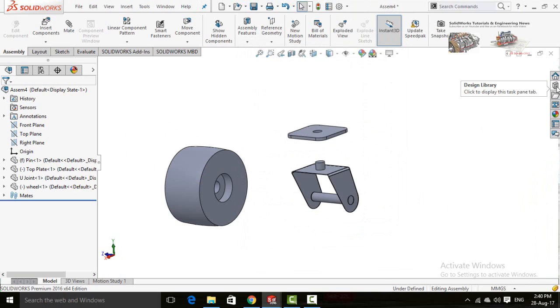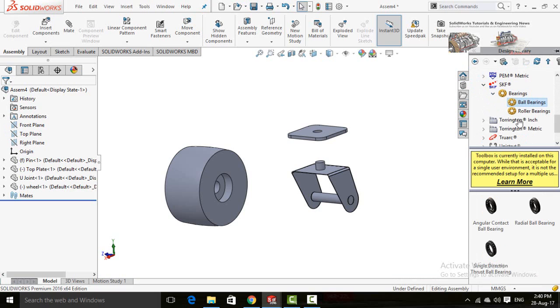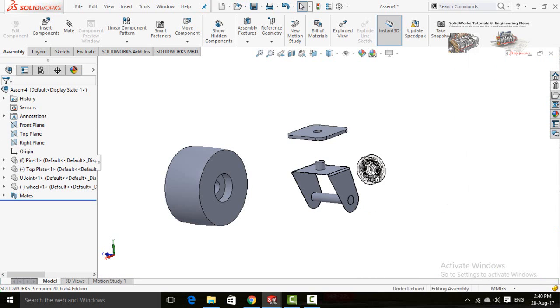Now click on design library button here and then drop down this toolbox, scroll down, and from here drop down the SKF, here bearings, and then ball bearings. In the ball bearings we have to drag radial bar bearing to here.